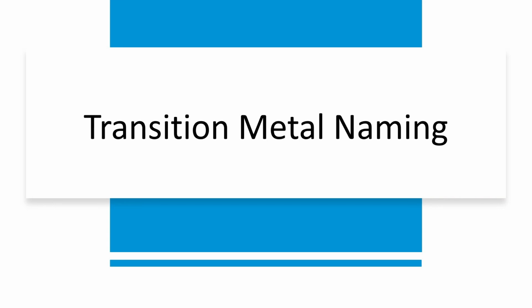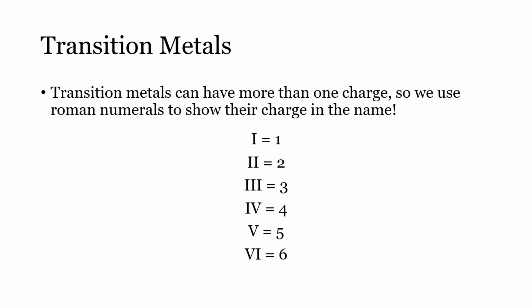In this video, we're going to be taking a look at transition metal nomenclature, or how to name ionic compounds that have a transition metal in them. Why we have a slightly different idea for transition metals is that transition metals can have more than one charge. Because of that, we need a way to recognize what charge that metal has, and the way that we do that is through Roman numerals to show the charge